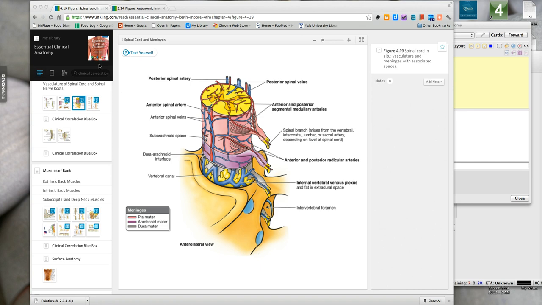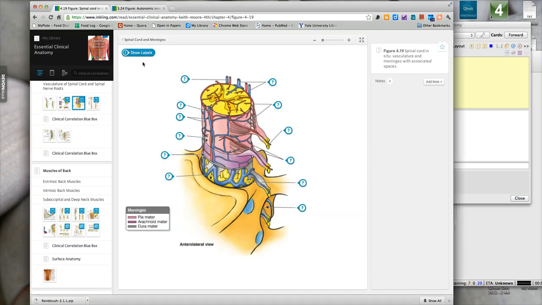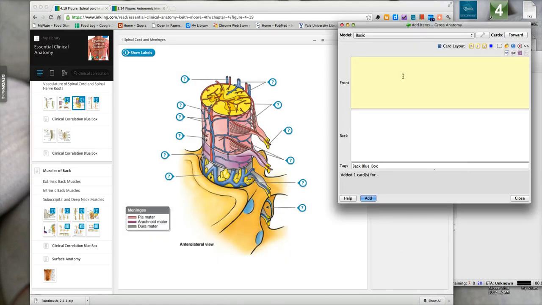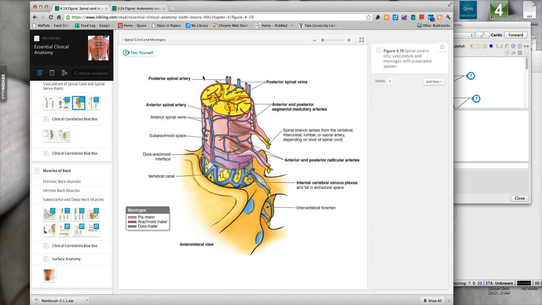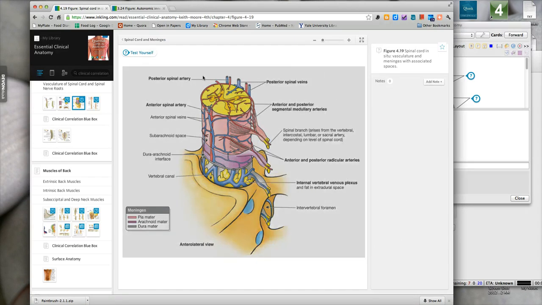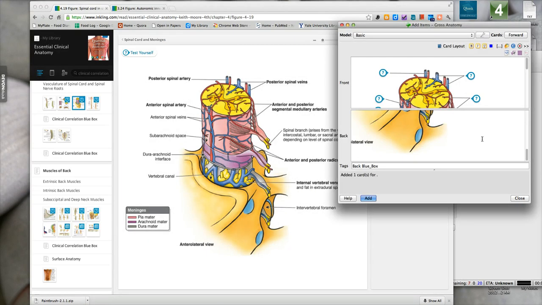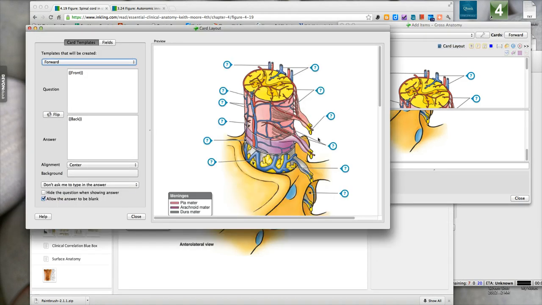One of my favorite programs is called Inkling. And it's an e-reader, and one of the cool functions is this test yourself button. So when I click that, I get rid of the labels, and the fancy name for that is image occlusion. And what I'll do is I'll copy, that becomes my question, then my answer, I like to give a little description, my answer then is the picture without the image, and I'll do a little copy, paste, and there we go,